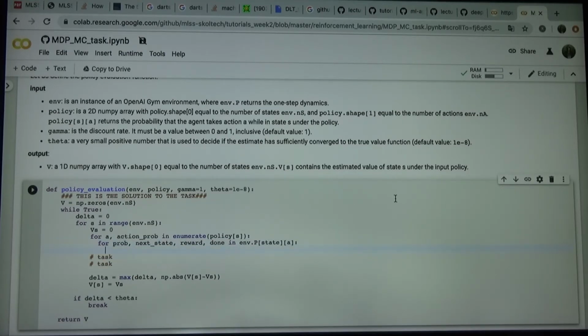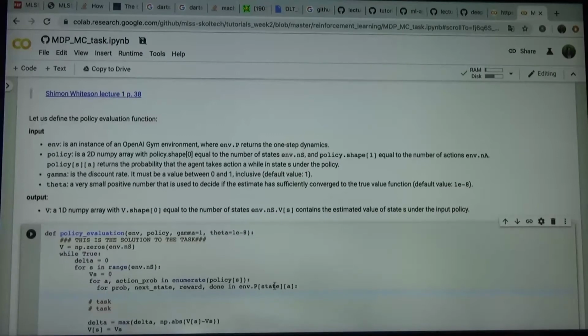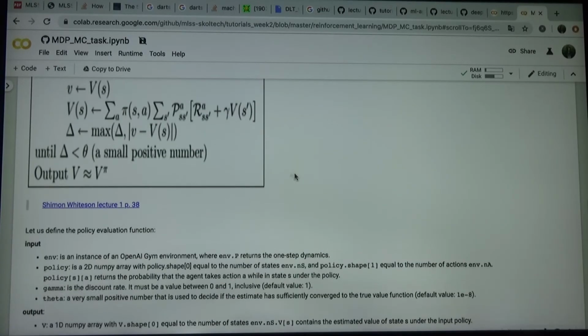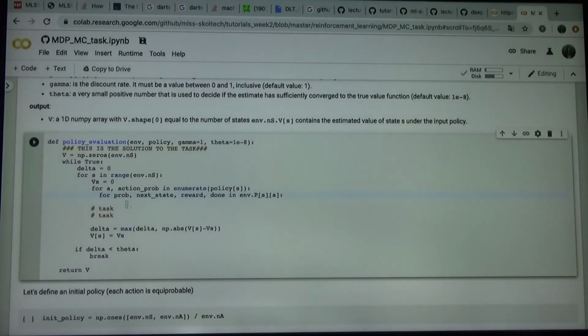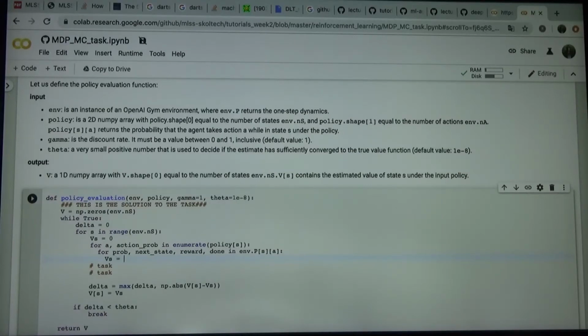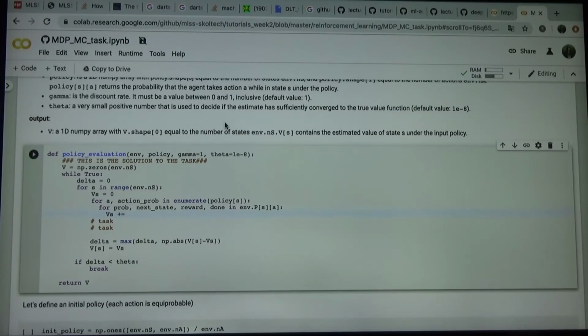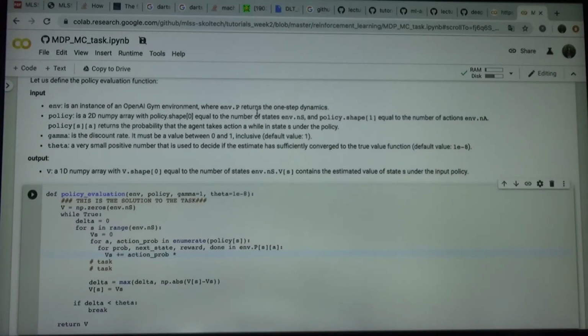We have S, not state. We're going to implement this function. So I have V of S. It's an iterative algorithm. We have a sum, right? And then we're going to take the action probability multiplied by the probability,